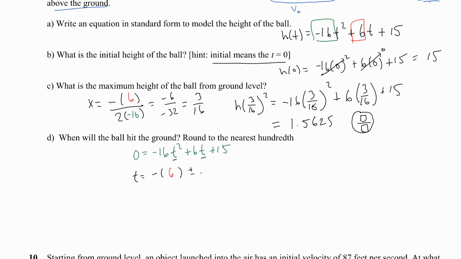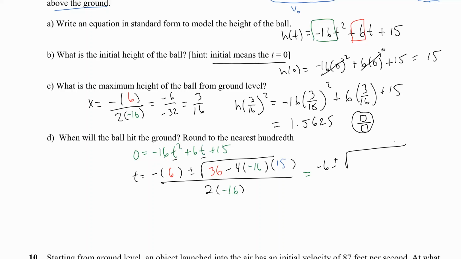And then plus or minus the square root of that b value. You can write b squared, so 6 squared, or you can just write 36, minus 4 times a, which is negative 16, and then times 15. All divided by 2 times the value of a, and the value of a is negative 16. And then we'll go ahead and simplify that. So we get negative 6 plus or minus. I guess we could just type that all into the calculator and get